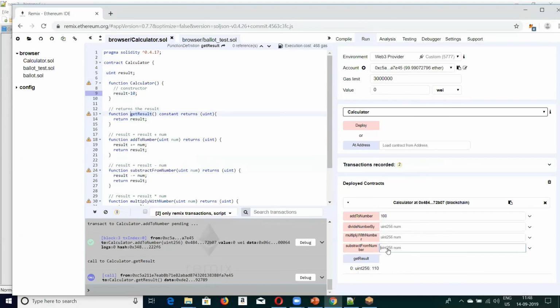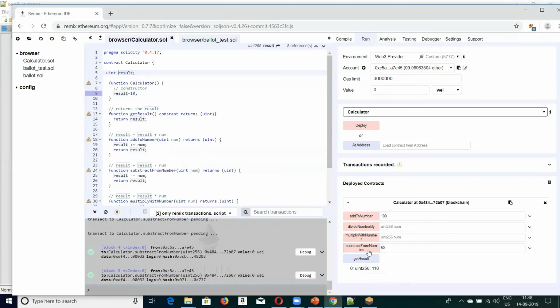So for a subtract number, I want to subtract, for example, 50. So right now, what does the result value contain? It contains 110, right? It contains the get result, which contains your 110. Now, click on the 50. So now 50 was subtracted from this 110. So now obviously the result should be, when you click on the get result, it should return the value as,